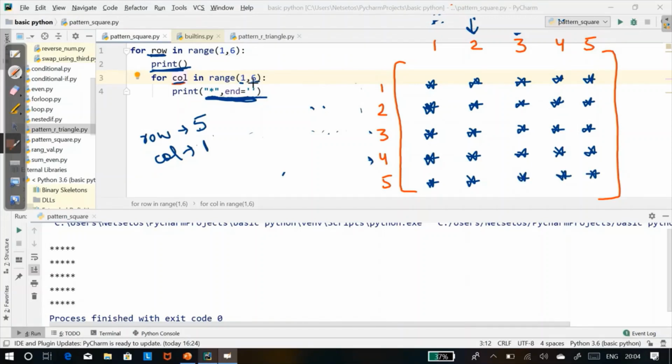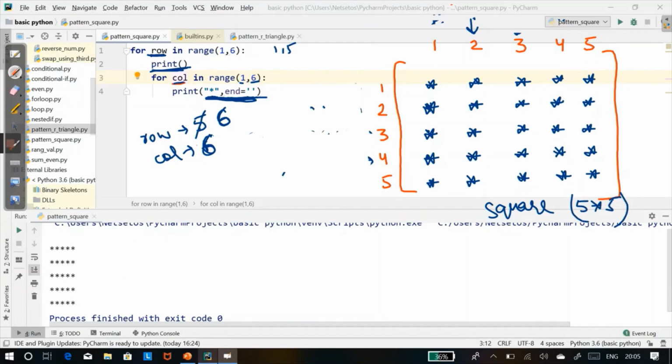Now here it will say if you are coming to 6, it is outside the loop. So it will go again to row. Now here row will say we need to go on 6. So it will say no, we will run 1 to 5. So it will come outside the loop. So here we have seen it is printing completely a square over here of 5 cross 5. So here it ends with square pattern.